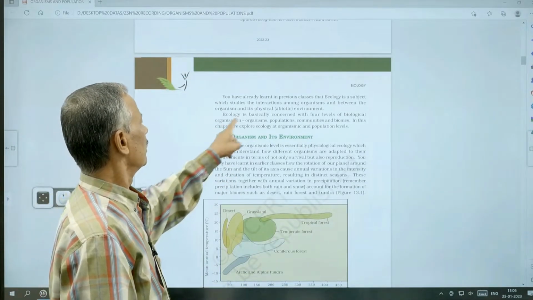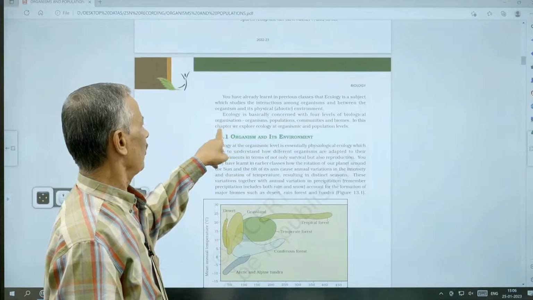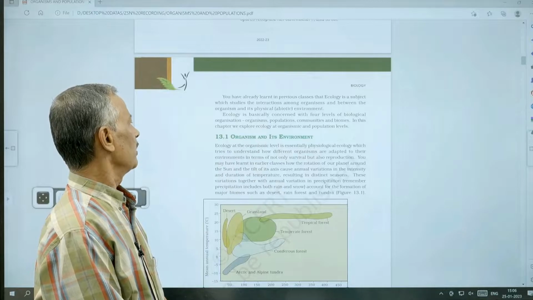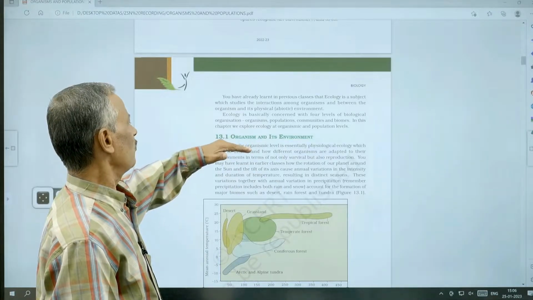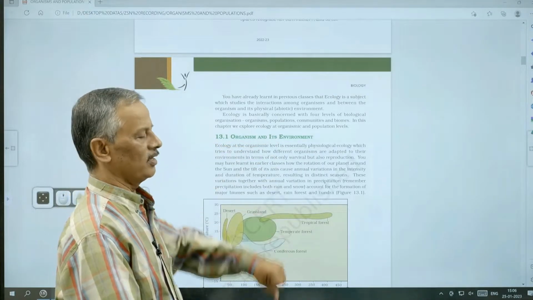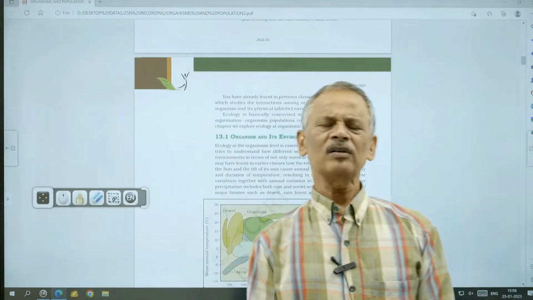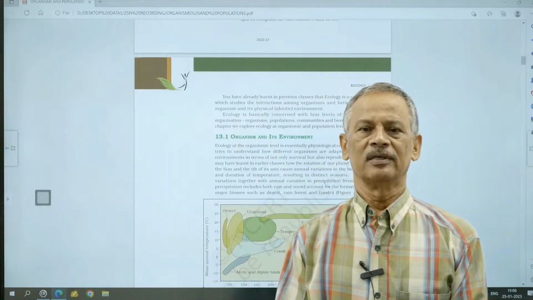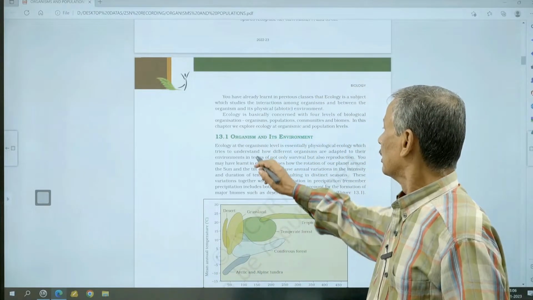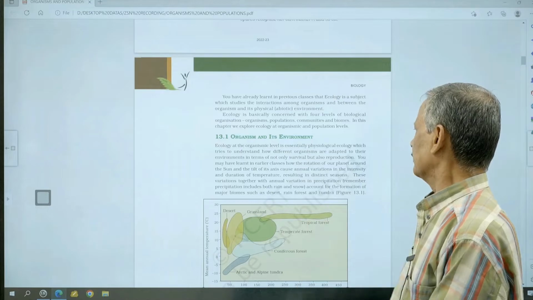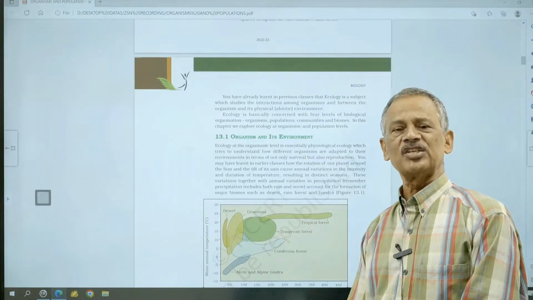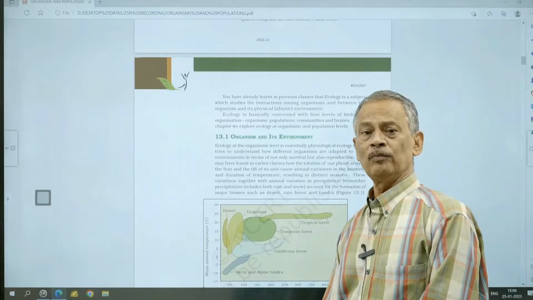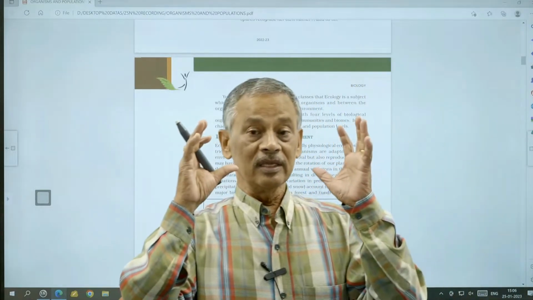Ecology is basically concerned with 4 levels of biological organization. And ecology at the lowest level, that is organismic level. What is the relation between an organism and the surrounding? That study is called organismic level. It is essentially physiological ecology. Why we call it so? Because the ecology